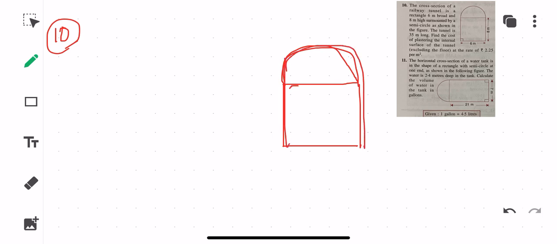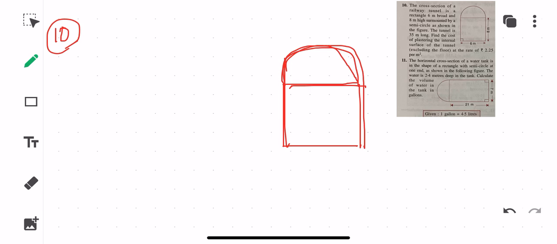According to this formula, suppose I want to find out any surface area or volume based on the cross section. So what is a cross section, children? Cross section means whatever part you are able to see. This particular face that you can see is considered a cross section. When we talk about the cross section of a long 3D object, whatever part you are able to see, this particular area is called the cross section.